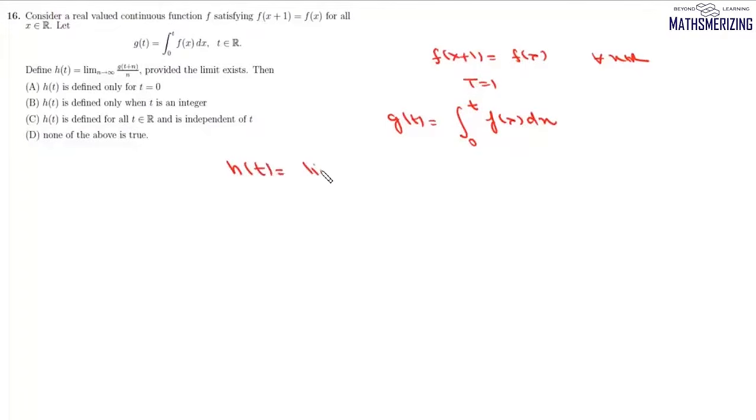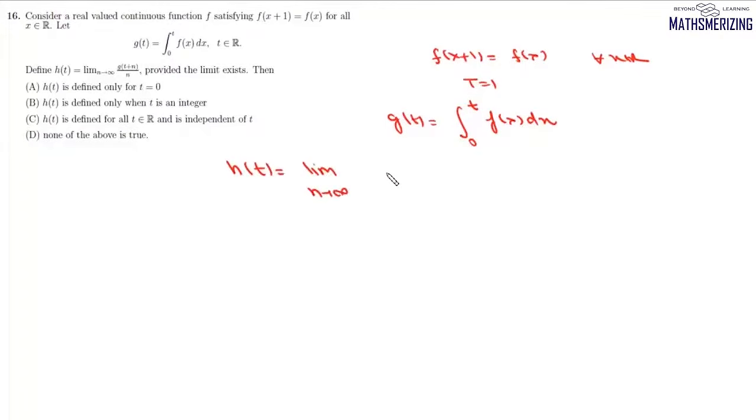Question number 16 is, consider a real valued function f satisfying f(x+1) = f(x) for all x belongs to R. That means this function is periodic with period 1. We are given that g(t) is this integral from 0 to t f(x) dx, and we have defined this function h(t) as this limit